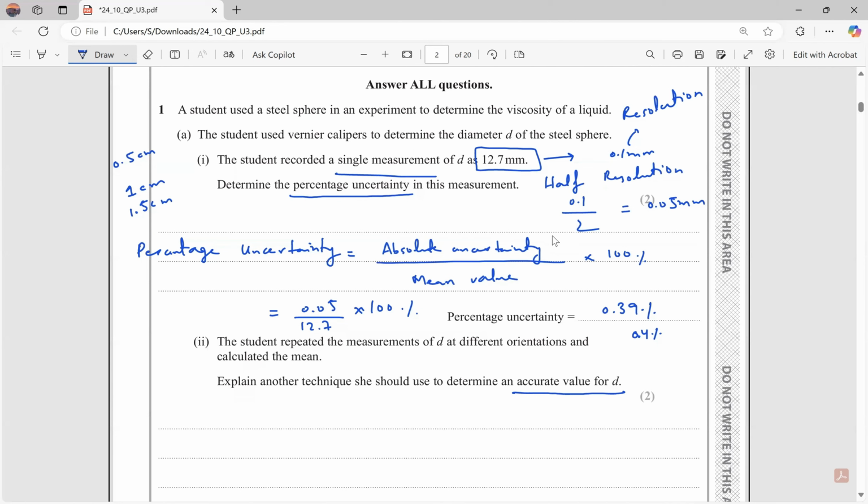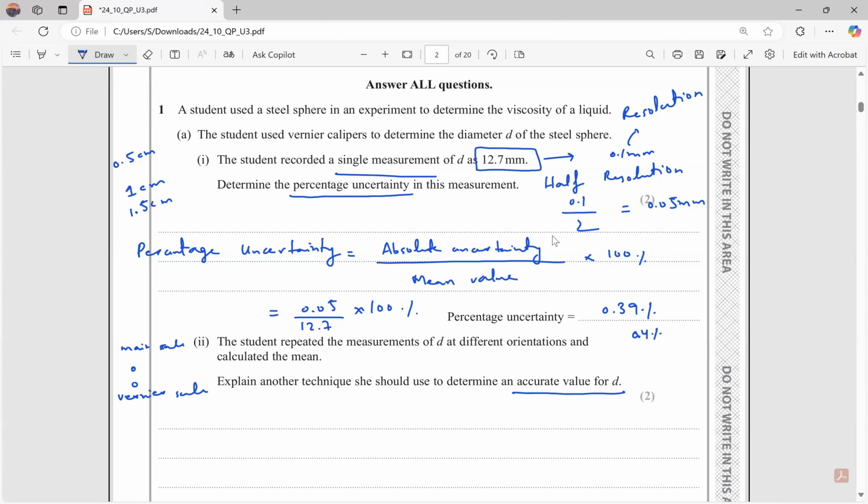You basically close the jaws of the vernier calipers, completely close it, and then you see whether the zero of the main scale coincides with the zero of the vernier scale. If they perfectly coincide, then there is no zero error. But if one of the zeros is ahead or behind, then there is a zero error. So first you find out what the zero error is, note it down, then